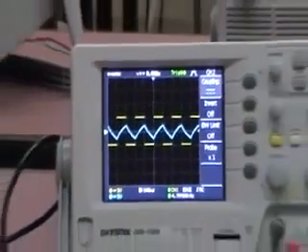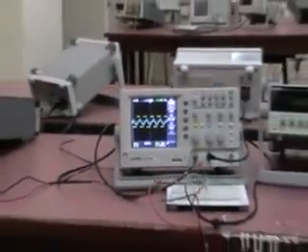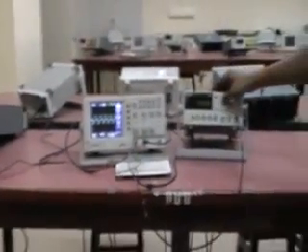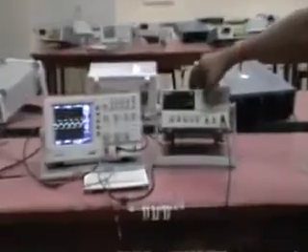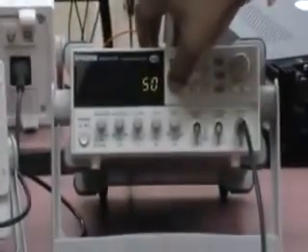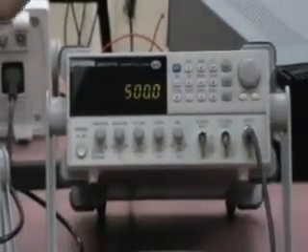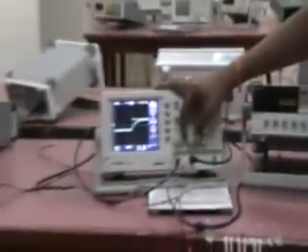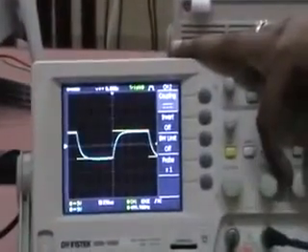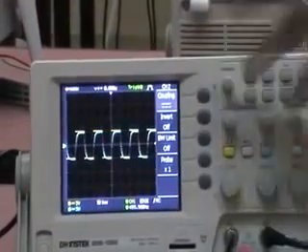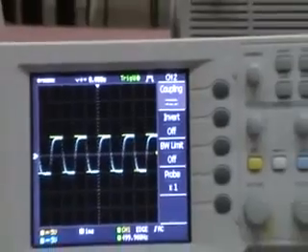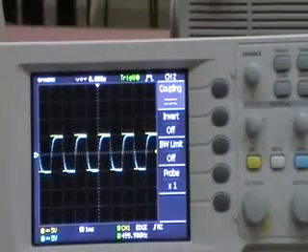Coming to the third case of this time response, whenever the time period is very much higher than the time constant, we will take the frequency as 500 Hz. This can be set through the function generator. Now, making some adjustments here, you can observe the output waveform across channel 2. Now we can sketch Vi and V0.